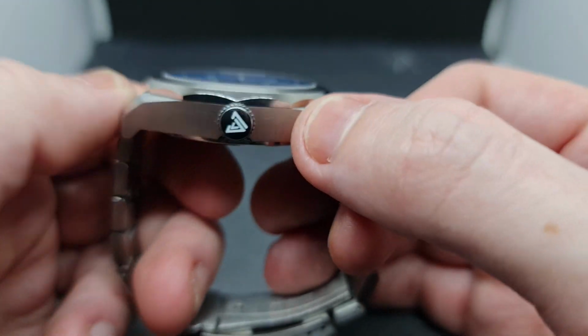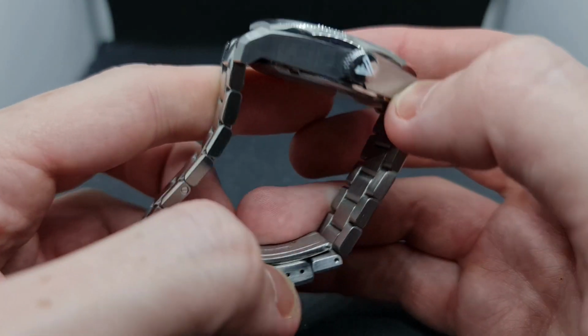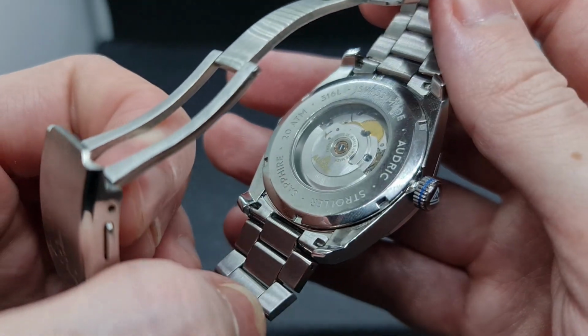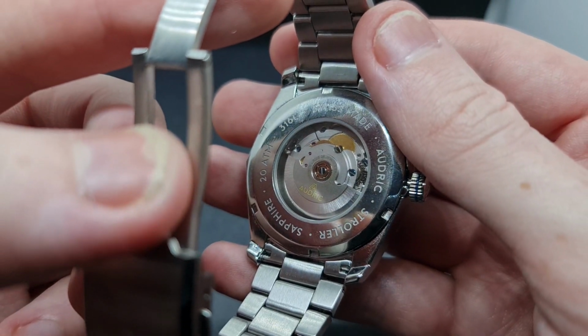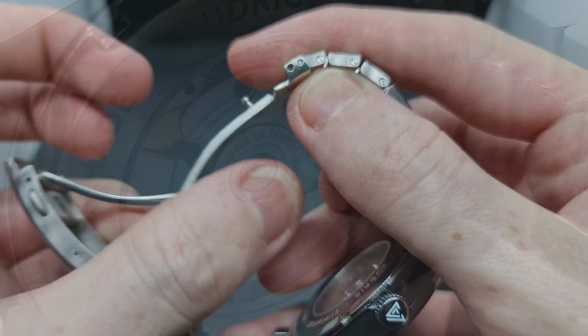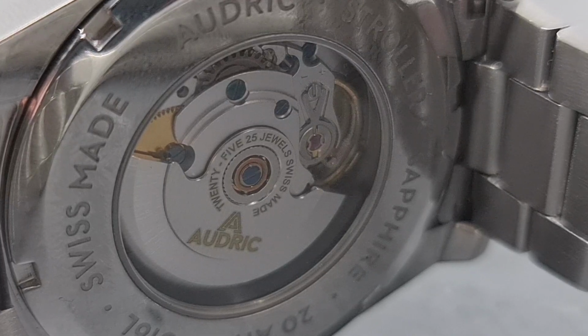That crown is signed and it is also lumed in the center of that crown. I will show you that in the lume shot later on. We have a display caseback on here, and it is actually a really nice sight. I hope they stick with the ETA movement in here, because it really is a beautiful movement in the back of this watch. It also displays the specifications of this piece, as many casebacks do,